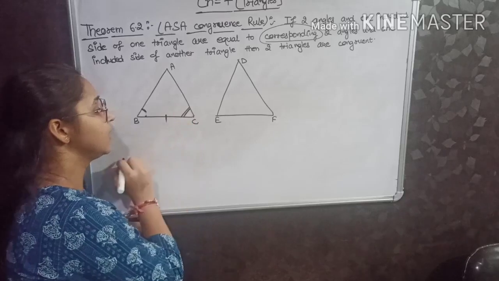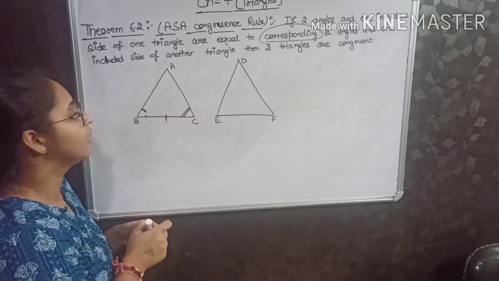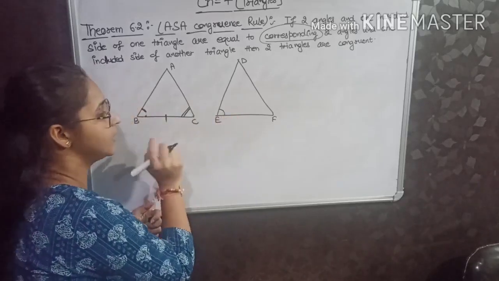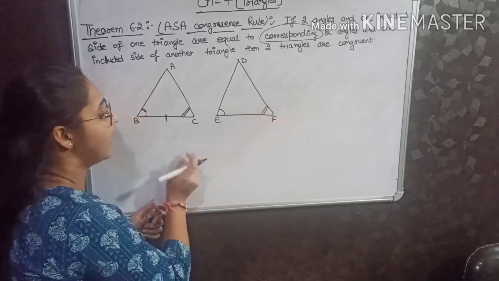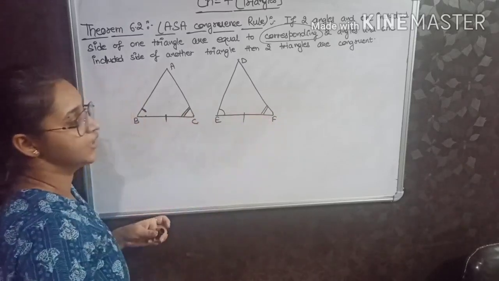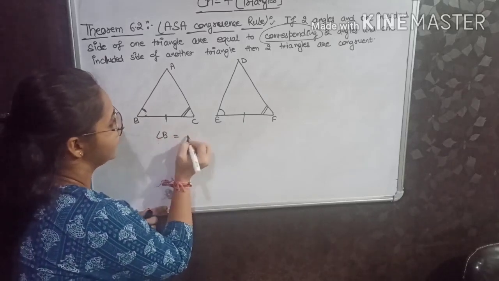BC is the included side between these two angles. Similarly, corresponding to B, I have E, and corresponding to C, I have F, and the included side between these two angles is EF. So, if angle B is equal to angle E,